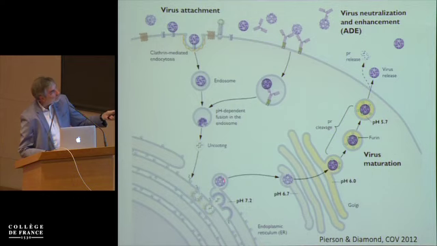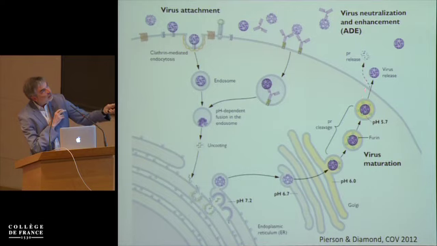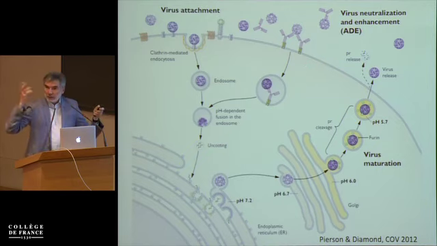There is a spiky particle that buds in the ER. When this particle is exposed to the acidic pH in the Golgi, it changes conformation to this smooth form. Upon that change of conformation, a cleavage site is exposed to furin, which is a late Golgi, trans-Golgi resident protease, which will cleave this PRM protein. The segment that is left of PRM stays bound to the particle as long as the environment is acidic, but when the particle reaches the outer space, which is at neutral pH, this part is released and you get a mature particle that can infect the next cell.